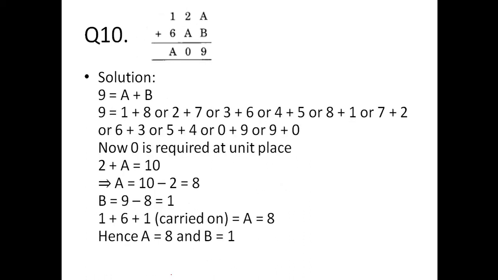The last one, I'll give you as your homework. The solution is here, but you solve it by yourself and find out what answer you're getting, then check with this answer. You have to copy all the problems in your classwork, and do the 10th one by yourself and check whether you're getting the same answer.